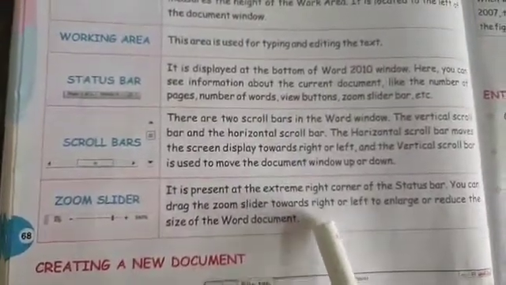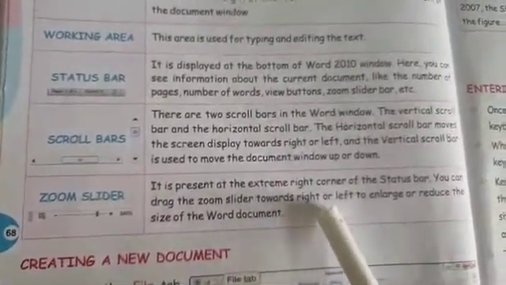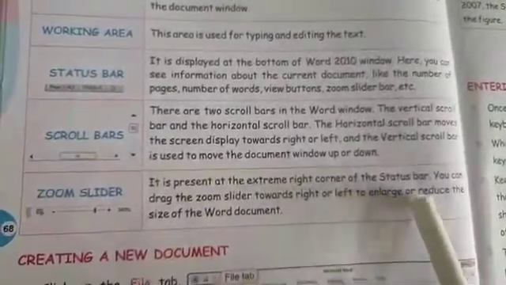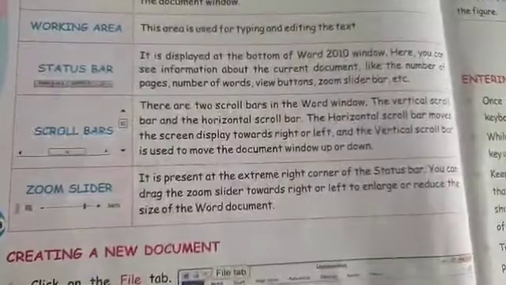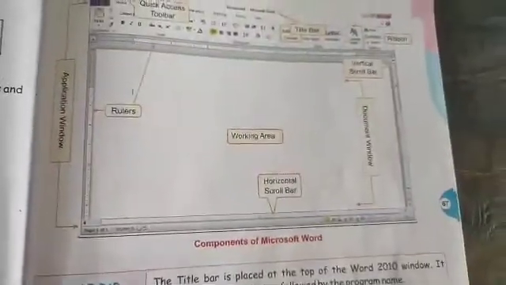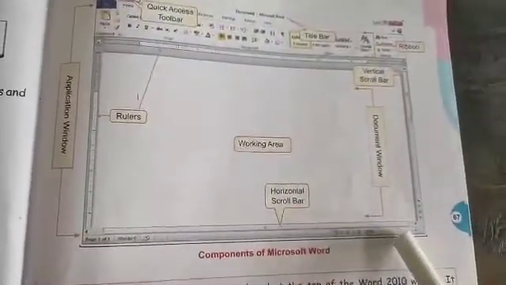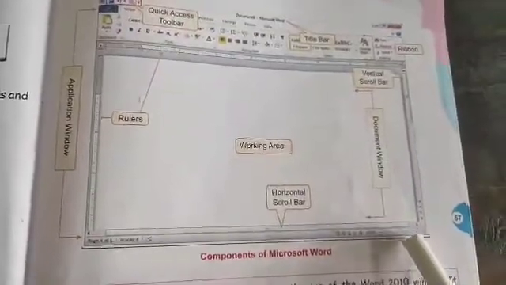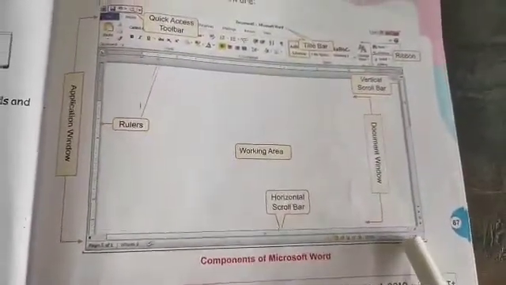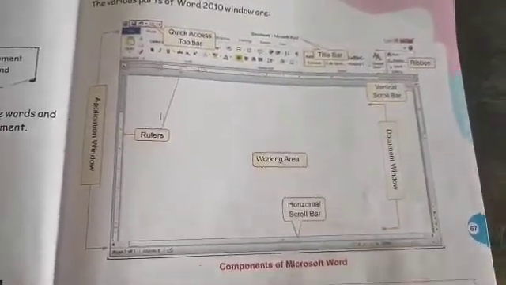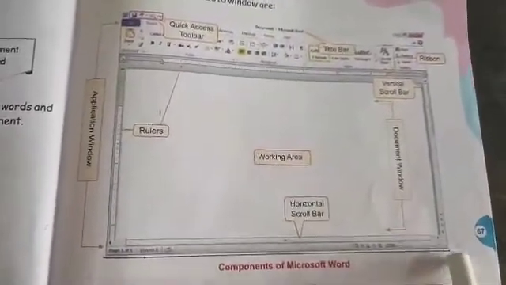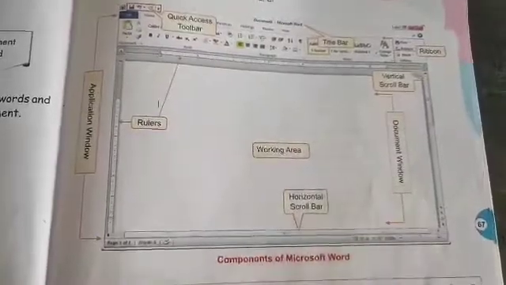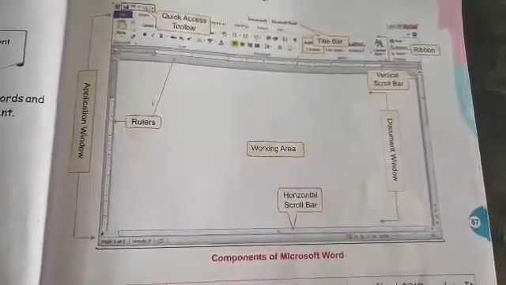It is presented at the extreme right side at the bottom of the window, at the bottom of the document. Okay, this is the zoom slider.